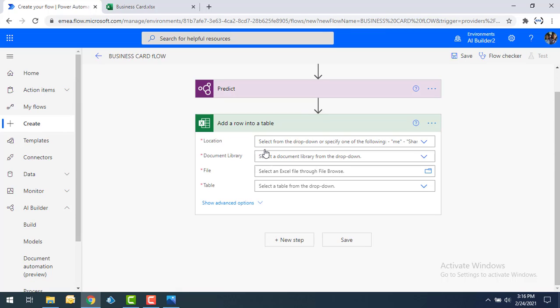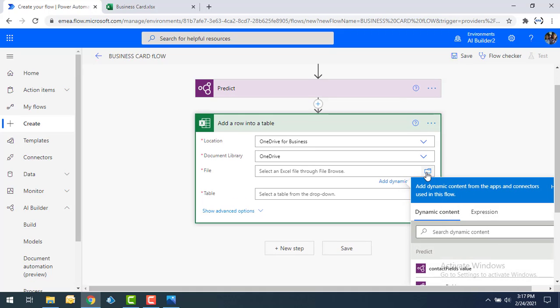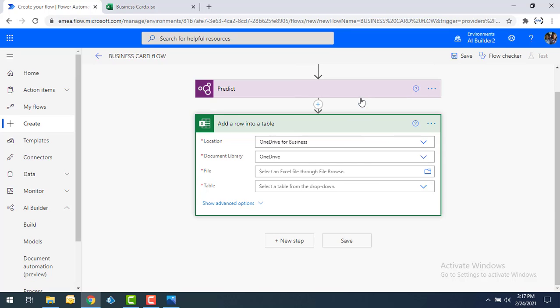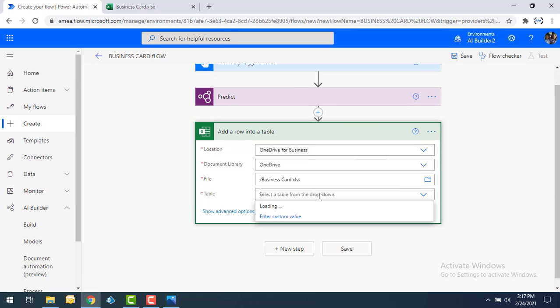I'm going to select that, and the location and the document library, I'm going to take it as OneDrive because this file business card is there in my OneDrive. Now I'm going to select the file over here. The file name I'm going to give as businesscard.xlsx. And if you see over here, I'm having the table 1,